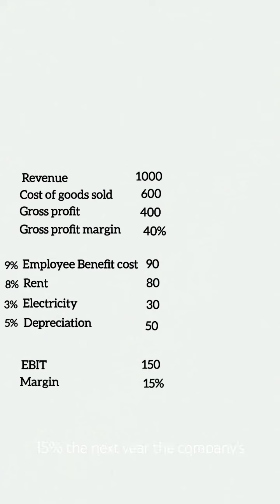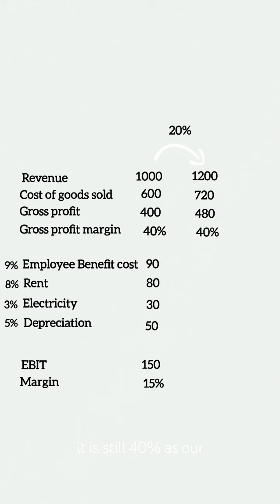The next year the company's revenue growth was 20%. As the fixed costs are fixed in nature and there wasn't a new additional capex required by the company, the cost will be similar. Revenue of the company is now 1200. Cost of goods sold, as it is a variable cost, is now 720 and the gross profit has now become 480. The gross profit might have increased in absolute terms, but in margin terms it is still